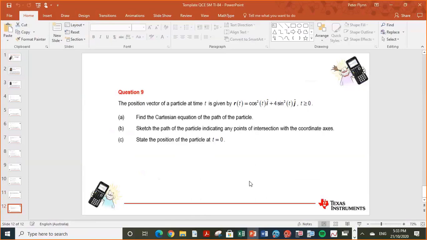And so your mind might be thinking, well, what sort of Cartesian equation would I expect? Would I expect a circle? Would I expect an ellipse, for example? That's reasonable to consider. However, if we look at thinking about what the Cartesian equation might be,